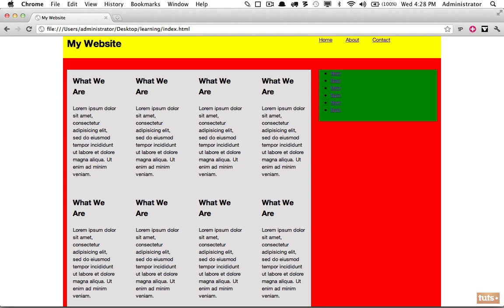So that's all we're going to do here for grids. I highly recommend you check it out. It can really increase how quickly you build a website, and it also keeps you from ripping your hair out when you cannot figure out why a particular block is maybe dropping down. These grids are highly tested, and it will ensure that you spend less time fixing bugs and more time building